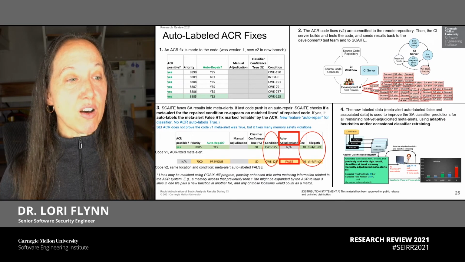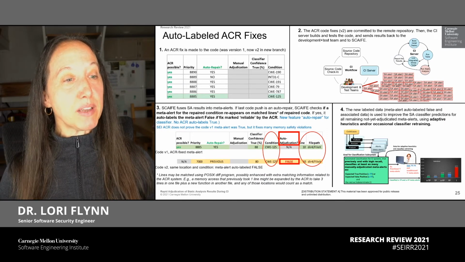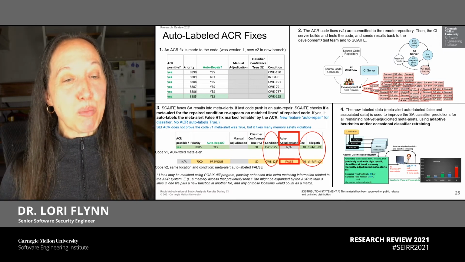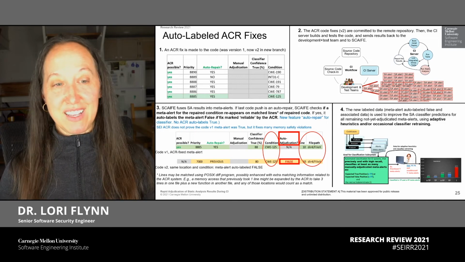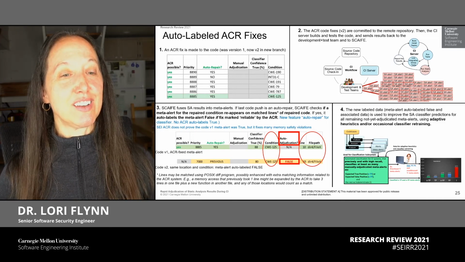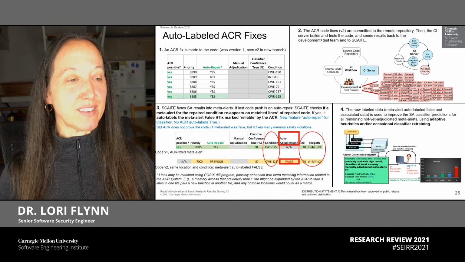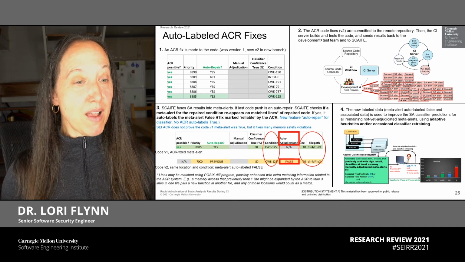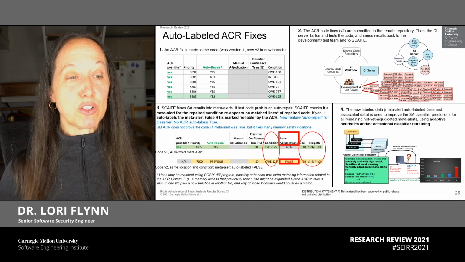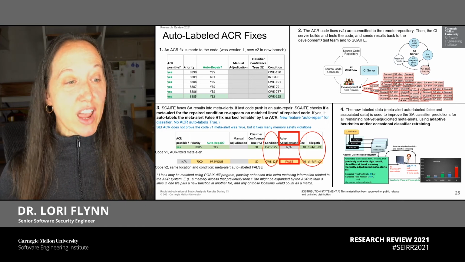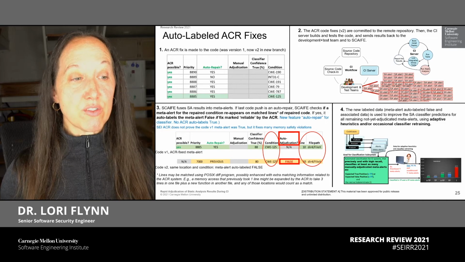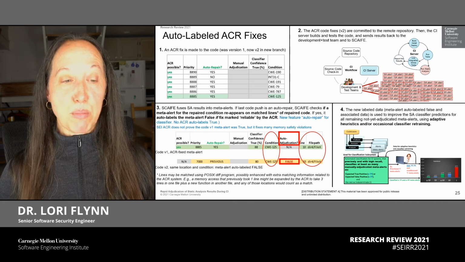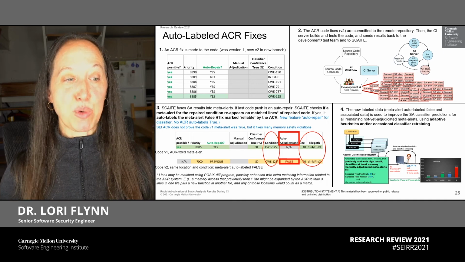The concept involves an ACR fix being made to the code. Then the fix is committed to the code repository, and the CI server handles the modified code as before and runs tests. And then Scafee uses the CI server updates as before. If the last code merge was an auto repair, Scafee checks if a meta alert for the repaired condition reappears on match lines of the repaired code. If yes, it auto-labels the meta alert